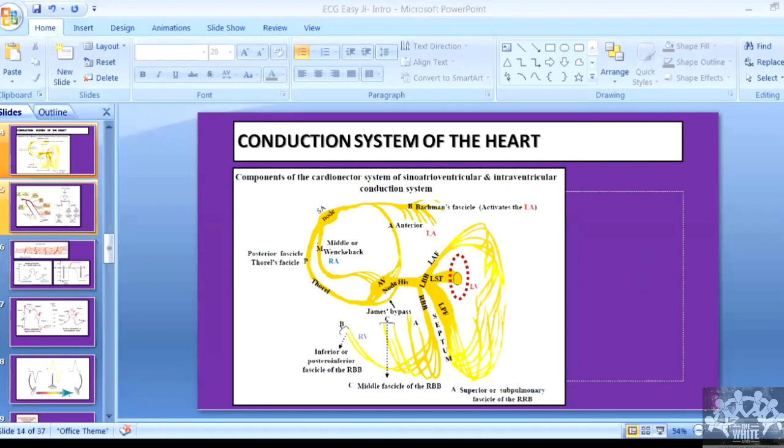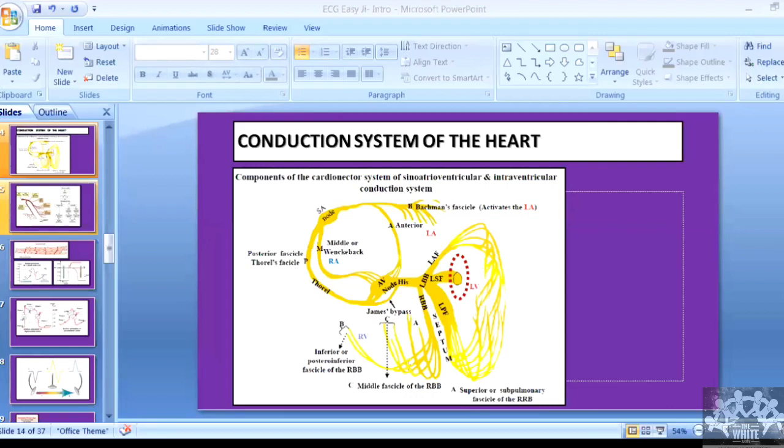Someone is asking me how to tell whether the chest leads are correctly placed or not. Yes, we'll come to that also. I'm not going into everything at once because I don't want to put too much in one day. We'll see it one by one. Someone said with respect to cross section. Yeah, that I'll tell you.